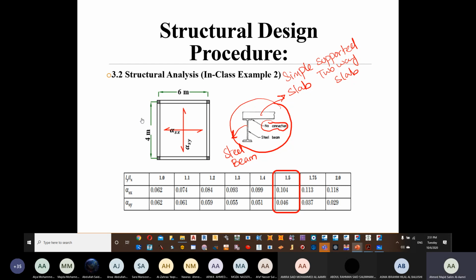Okay, so if there is no connection, of course, moment will not be there. So the code has called it a simply supported two-way slab. If there is any type of a connection,